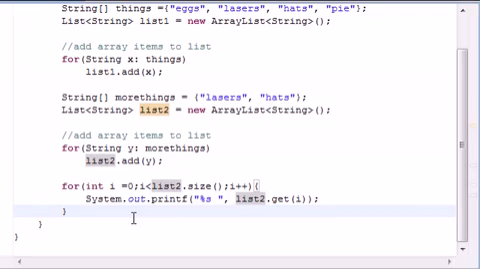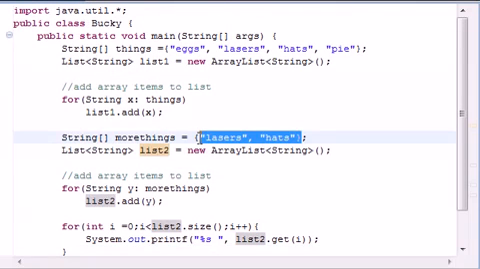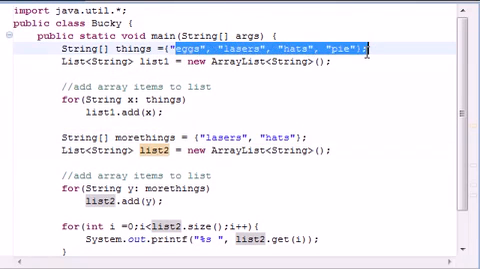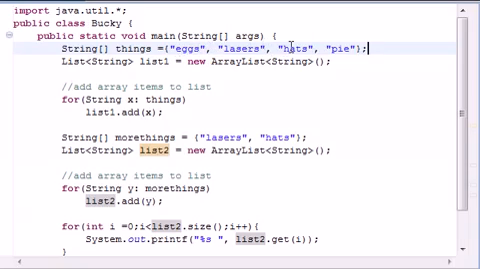In the next tutorial, what we're going to be doing is building a function to take what's in list number 2, which is lasers and hats, and delete it from list number 1, which is eggs, lasers, hats, and pie. And I'm going to go probably eat another